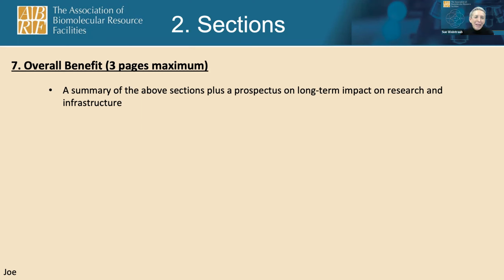And I will say that Stu's going to say something now. No, in a review panel meeting, I have not heard any comments about the overall benefit section. It needs to be there. It needs to make sense. But if you've got plenty of spare time, sure. But put your effort into the other sections ahead of this one. Yeah, all right.